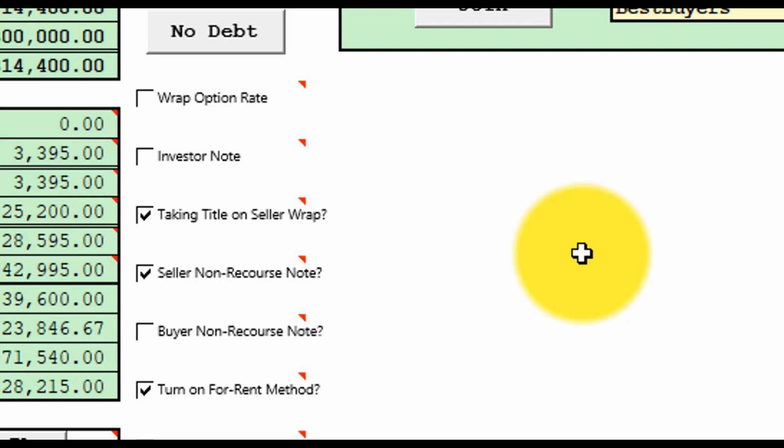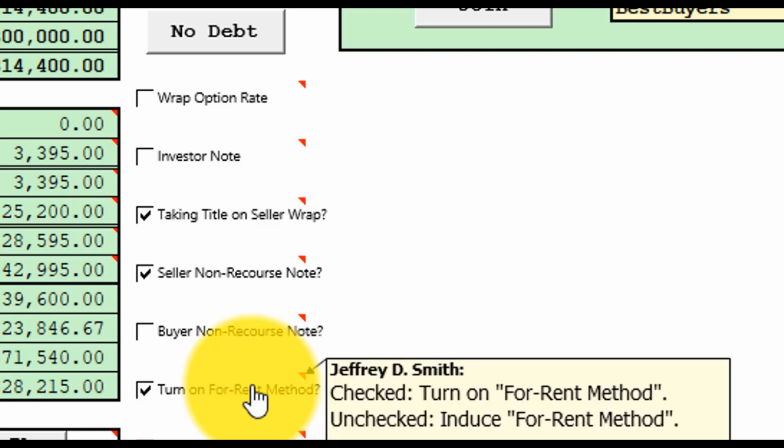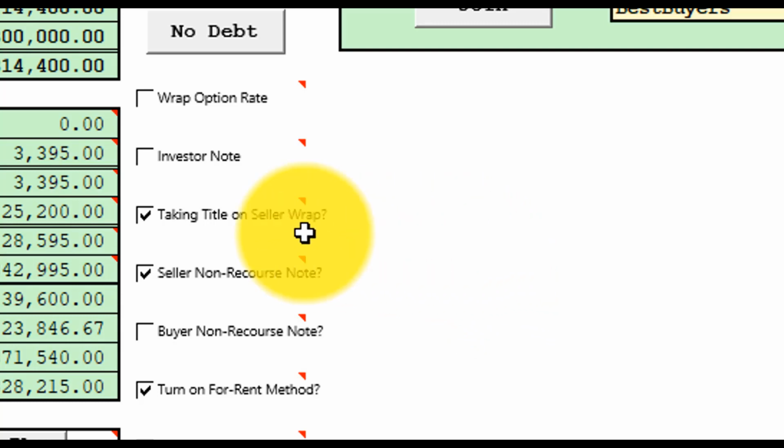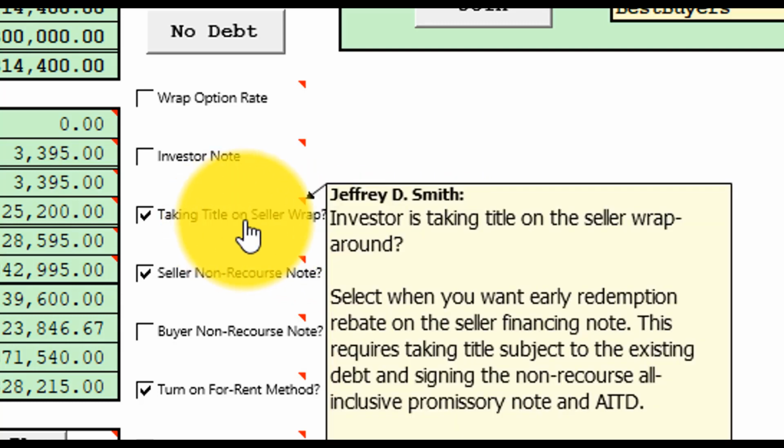So to do that, we go down here and notice that we have the turn on for rent method. This is the flag that's detected by the dynamic mail merge templates. There's also taking title on seller wrap. This flag is also used when you are using the Joe Crump method of becoming a bound principal party in the lease with option.